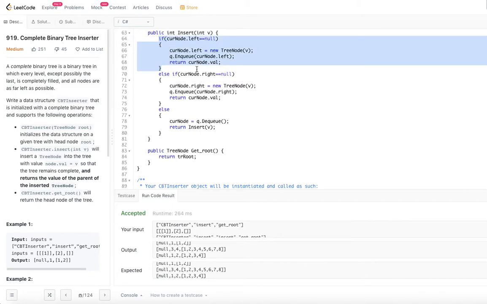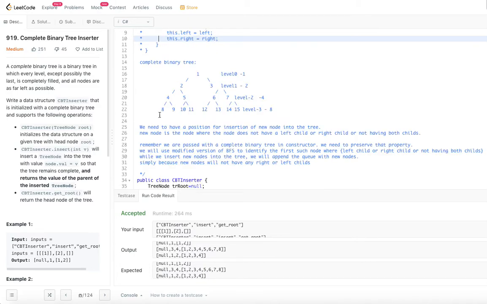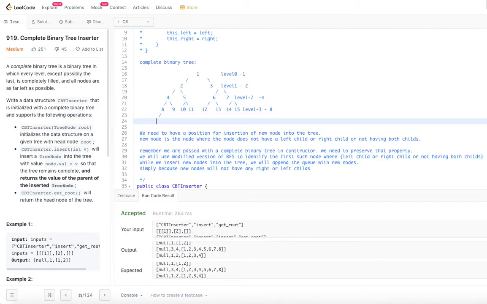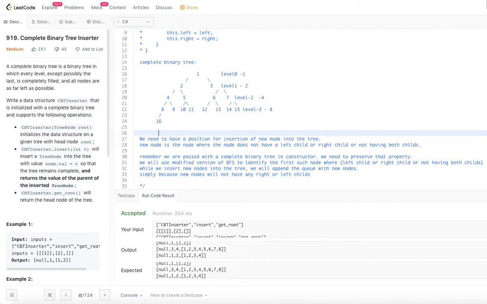But for example, if the left pointer is already not null, let's go back to this one. So if this is there, 16, and we are trying to insert 17, obviously the current node will be 8. For 8, the left pointer already has some data, it's not null.